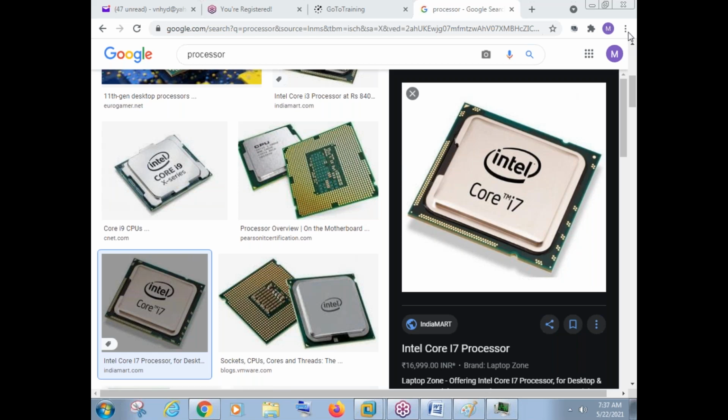So when you take an i7 processor, your processor can be better than my processor. Your machine performance can be better than mine. But you have taken i5, I have taken i5, or you have taken i7, I have taken i7. So what is the difference here? Why is your processor better than my processor?